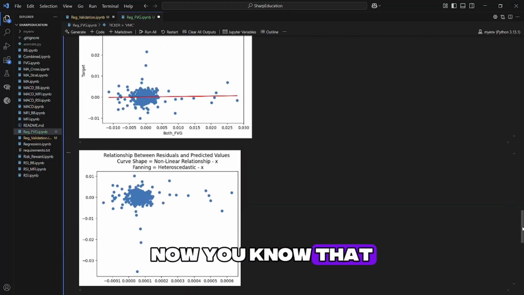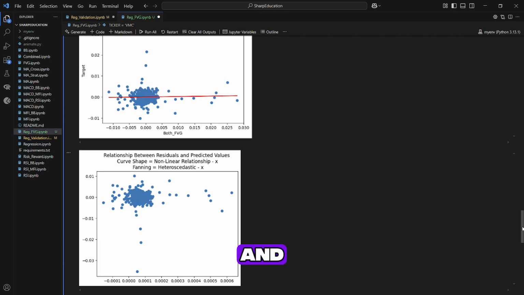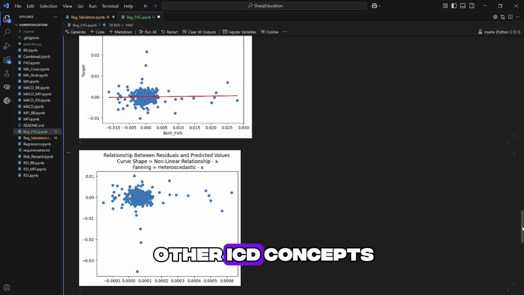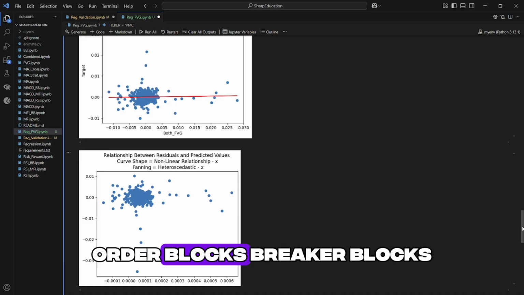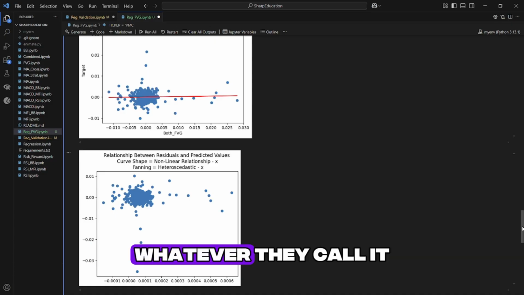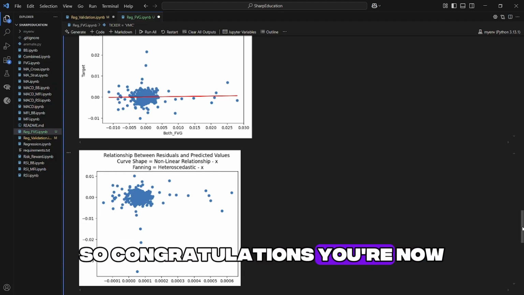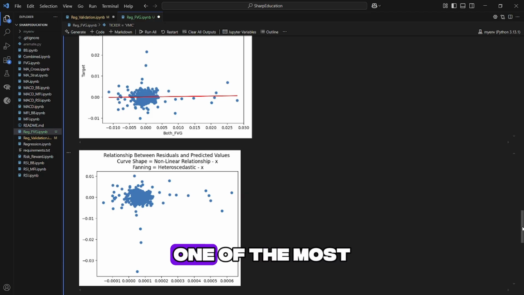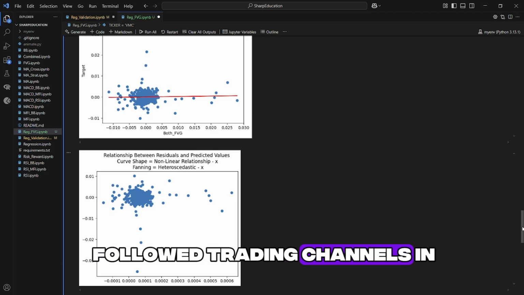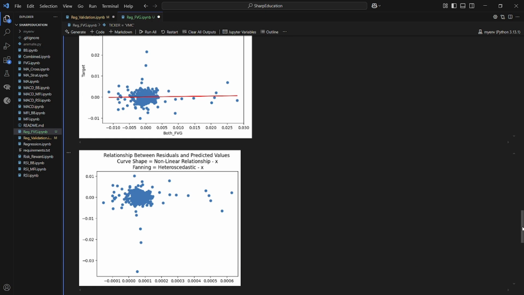Now you know that fair value gaps are complete bogus. And I can imagine that if we test any other ICT concepts, order blocks, breaker blocks, whatever they call it, we'll find similar results. So congratulations, you're now a step smarter than one of the most followed trading channels in the world. I'm proud of you,